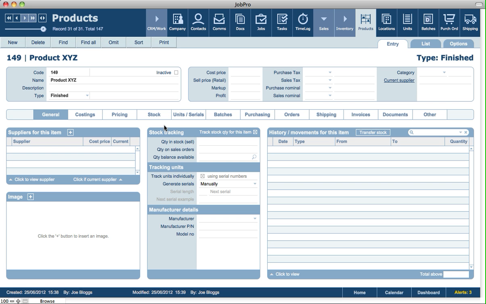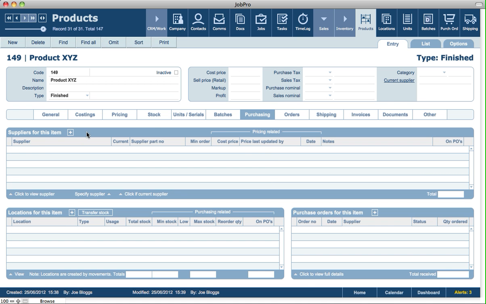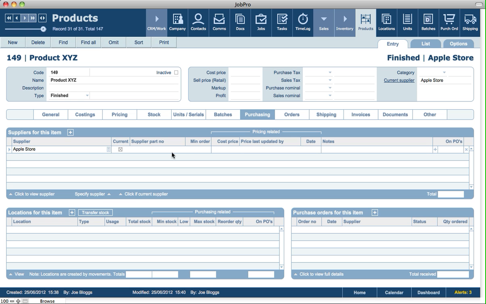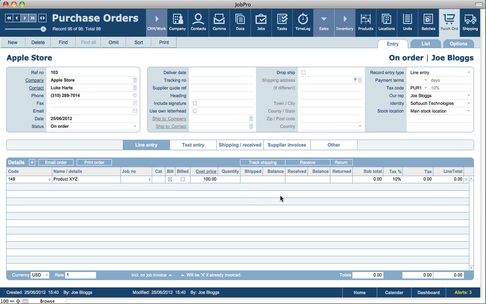And what we'll do then is we'll create a purchase order for this item. So we'll just set up a supplier first of all. And then from here we can create a purchase order. Now you can create a purchase order from multiple places, but this is the handiest since we're on this screen already. So now if we put in a quantity of say 10,